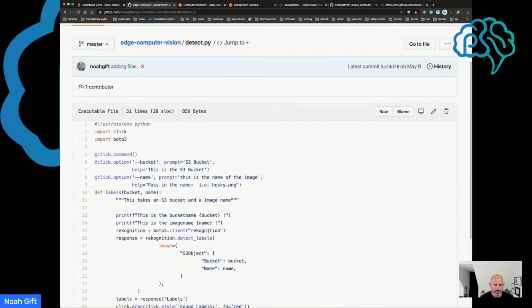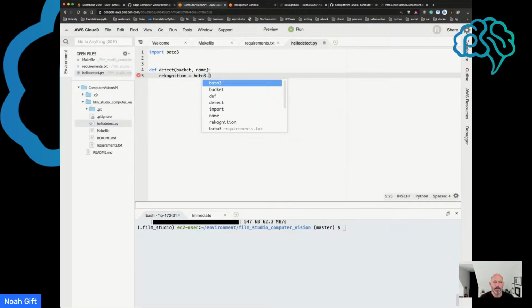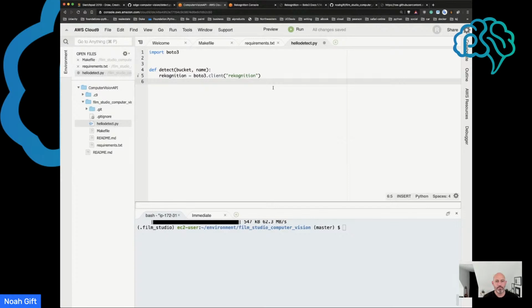Okay, I'll make this part the start, and I'll put in this API call here like that, and then I'll just log that I have a bucket just to get the initial build process working. So we'll just say print, this is the bucket,